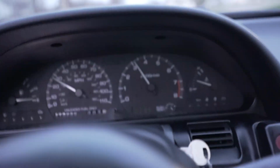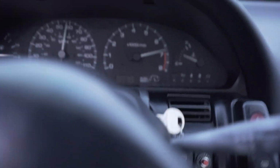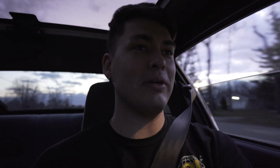I'll warm it up a little more and we'll give her the beans. I can actually see my RPMs, and 2,500. I made sure I looked it up again. So, this thing can